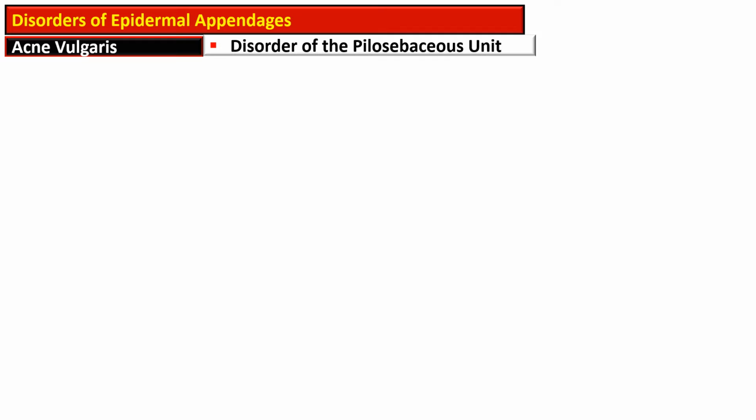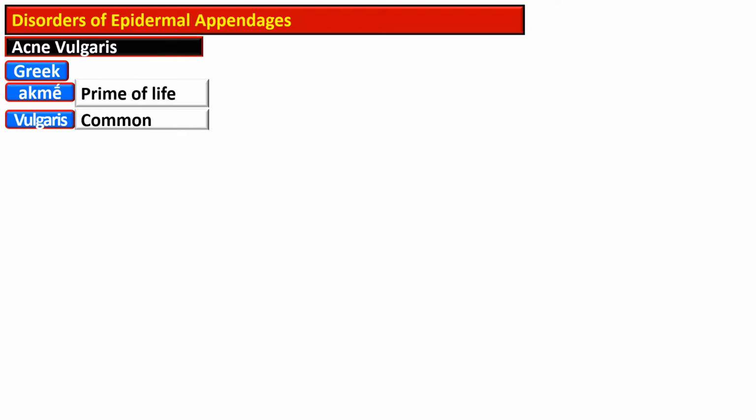Acne vulgaris is a disorder of the pilosebaceous unit. It is derived from a Greek word, acme, which means prime of life. Vulgaris means common. It is called the prime of life because this condition commonly affects younger people. It is so common in young people that some people consider it